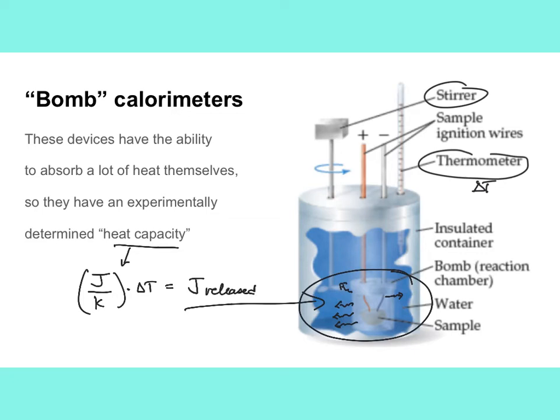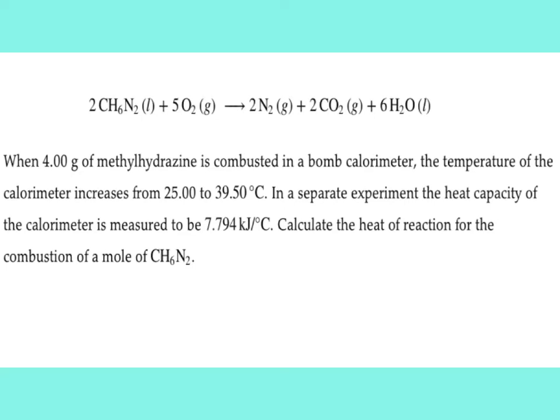And so this is usually reserved for an exothermic process that makes the temperature of the water increase. And in this example, we have a sample of a compound called methylhydrazine, which is this compound right here, is combusted in the bomb calorimeter. The temperature of the water and the calorimeter goes up,